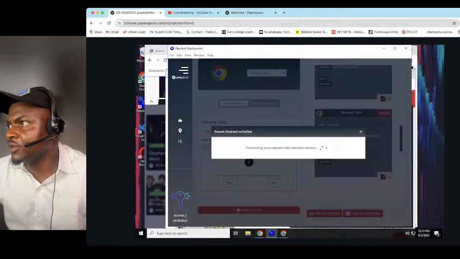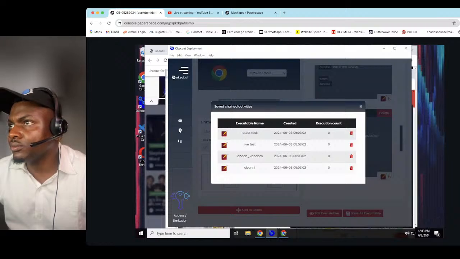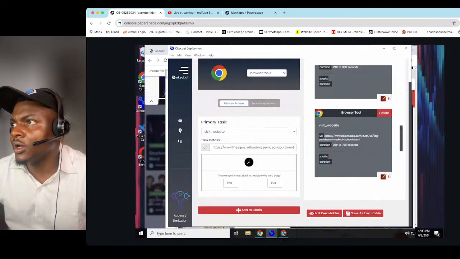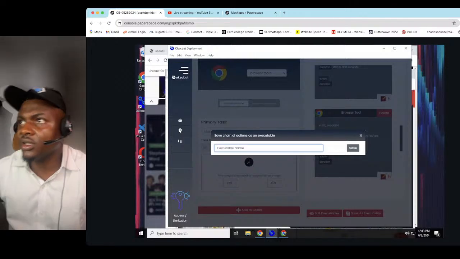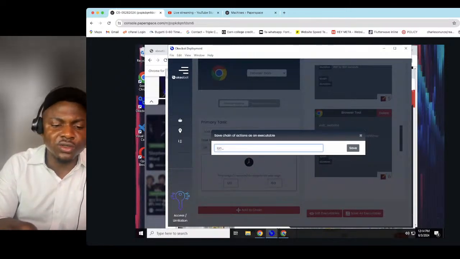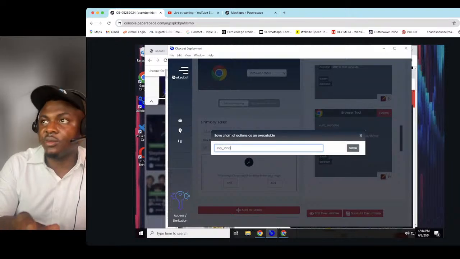Okay, so now I'm going to start loading. I'm going to delete this other one, and I would save this as London. Now I'm going to change the name. London two loads. I'm giving it a name called London two loads because I'm going to be loading like